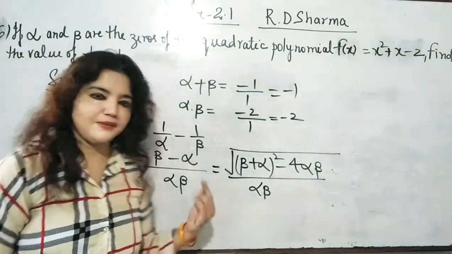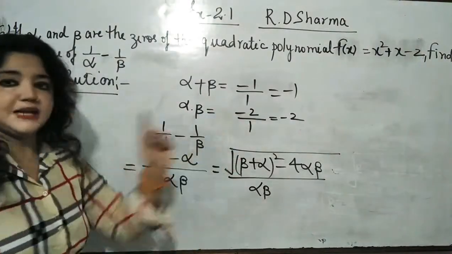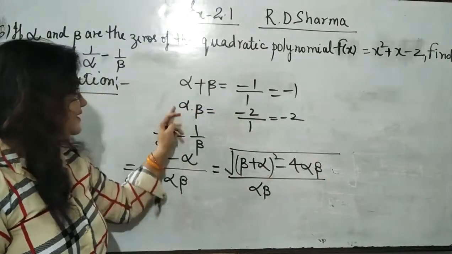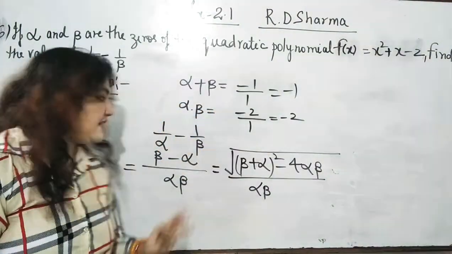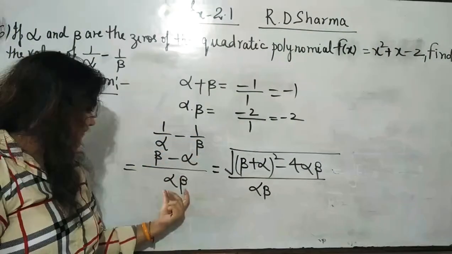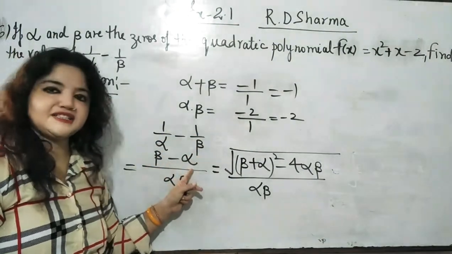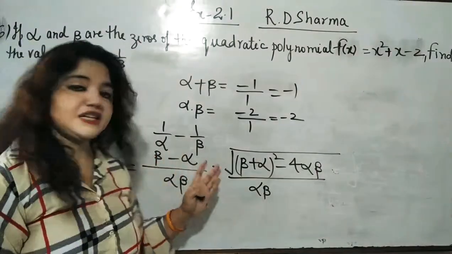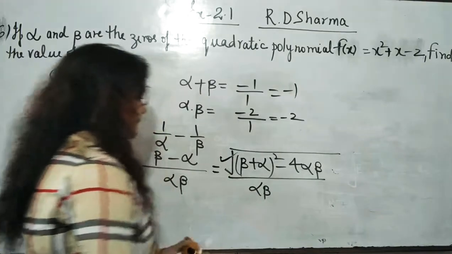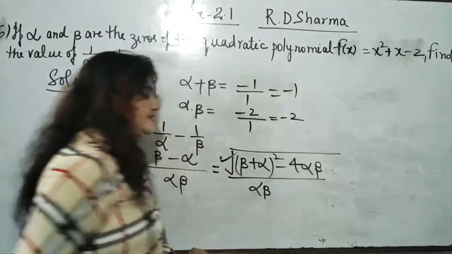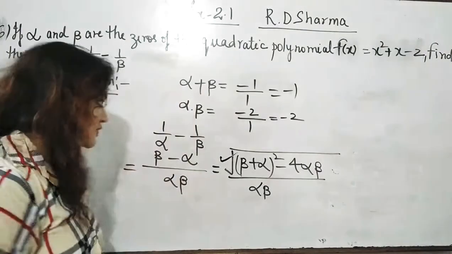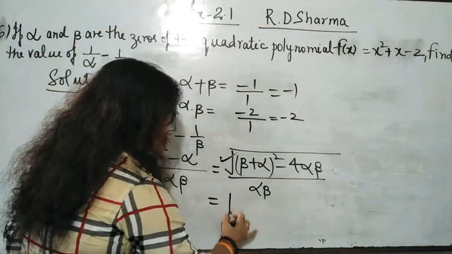Fine. So now we are coming back to our normal sum. Let me tell you the sum again from the start. Alpha plus beta we have calculated. Alpha into beta we have calculated. And we have to get the value of 1 upon alpha minus 1 upon beta. We have taken LCM. Here we got beta minus alpha. And in the place of beta minus alpha, we can write this, because this is equal to beta minus alpha. How? I have shown you. Okay? Now we will put in the values.